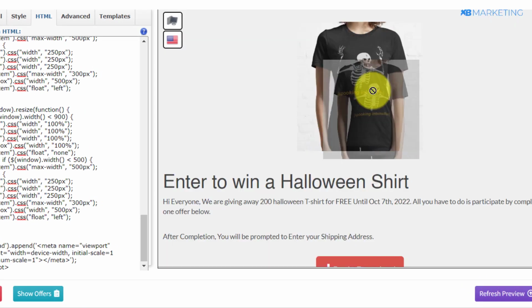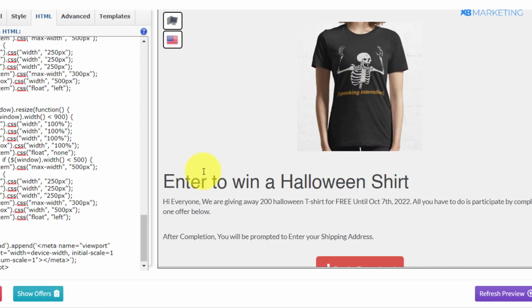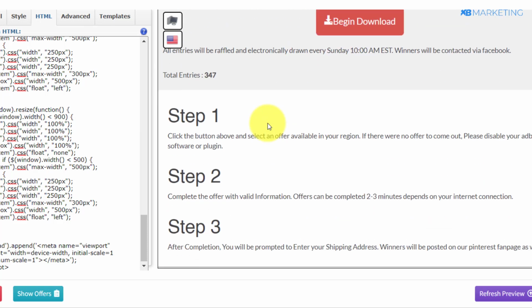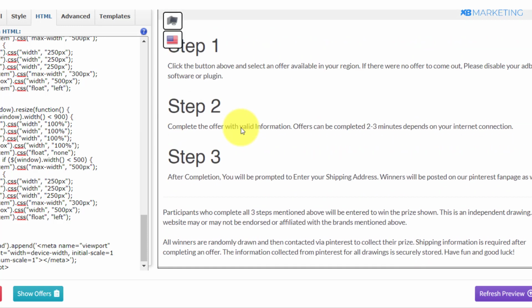Once you click on that, as you can see, this is a t-shirt, and like I said, a lot of people are currently interested in this keyword Halloween right now. Why not monetize this trend and make money? So now you are going to be creating a contest on CPA Grip for people to get a chance to win a t-shirt, and this is up to you.